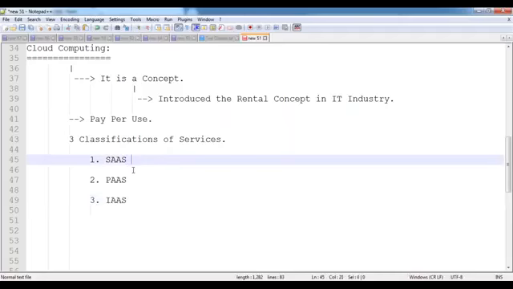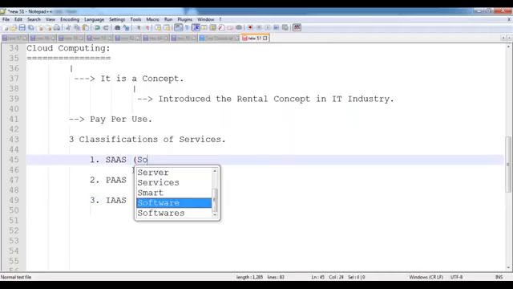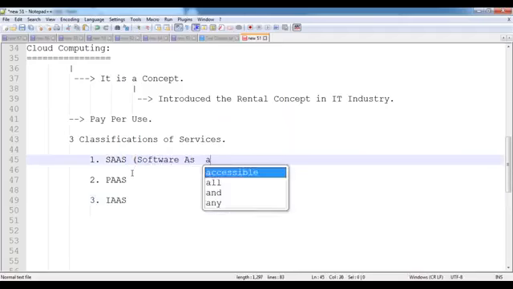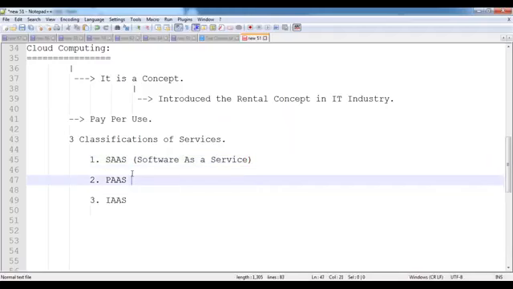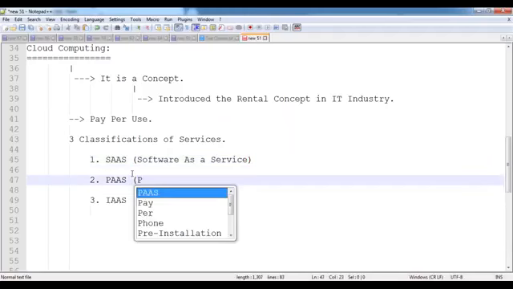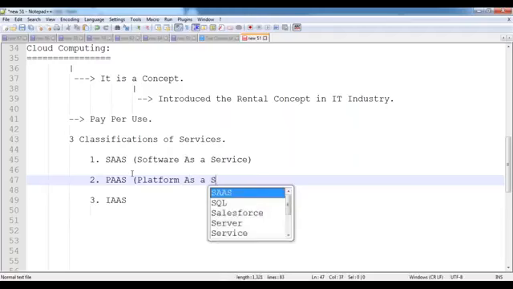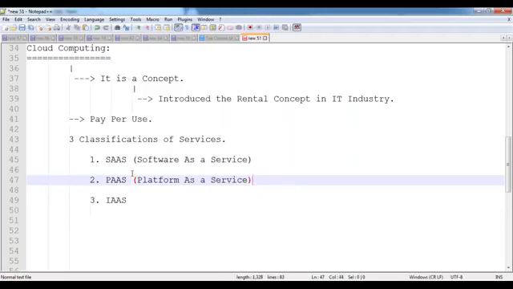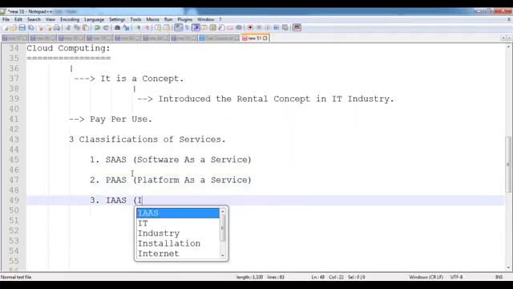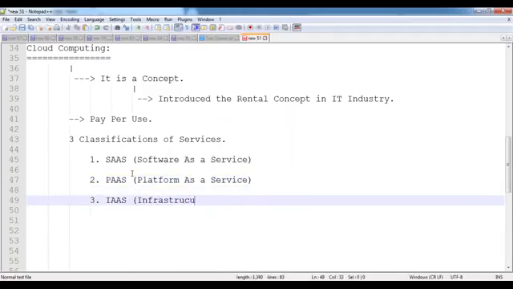Then what is the full form of SaaS? SaaS means software as a service. PaaS means platform as a service.